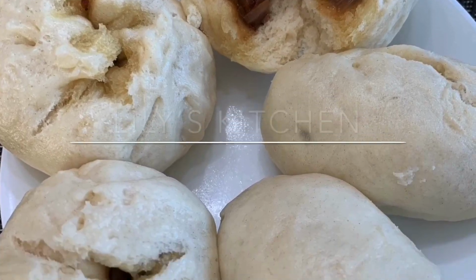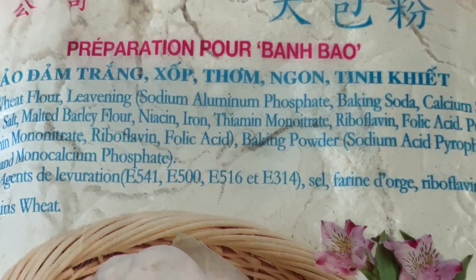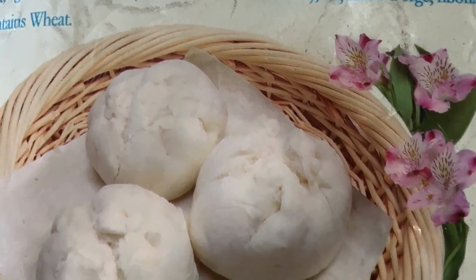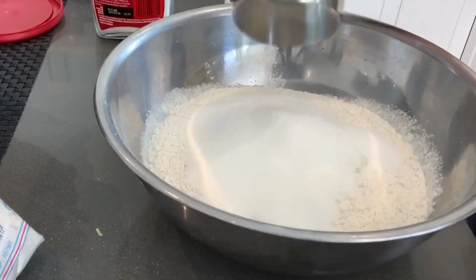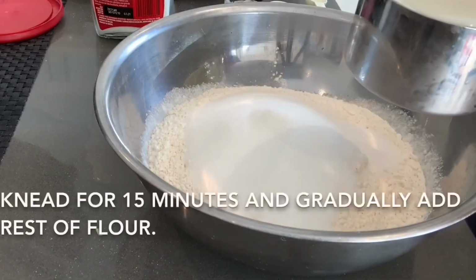So today I tried to make steamed buns from this packaged bao flour. It looked super easy with the instructions in the back, so I take 1 tablespoon of flour and set it aside. Then I pour the rest of the flour into my mixing bowl. I add half a cup of sugar, add 1 cup of milk, and I follow the instructions to knead it